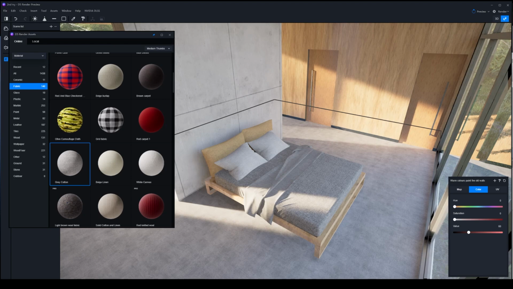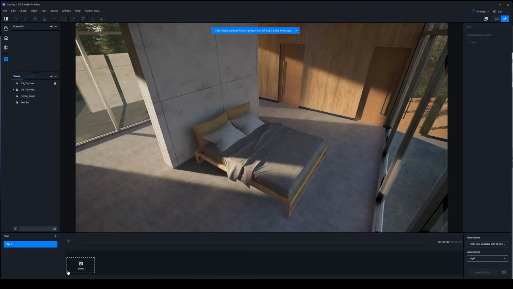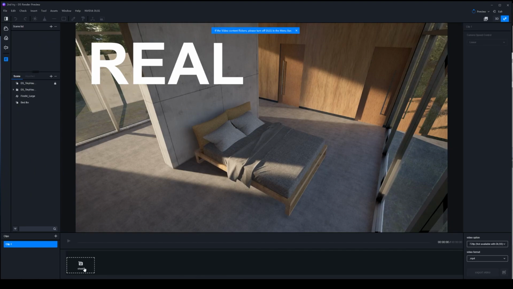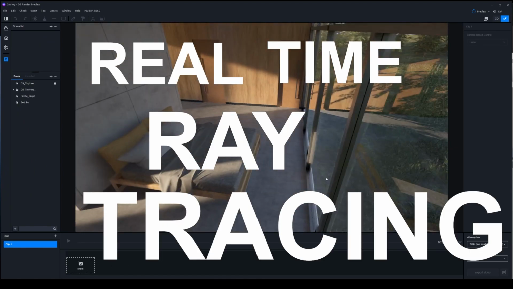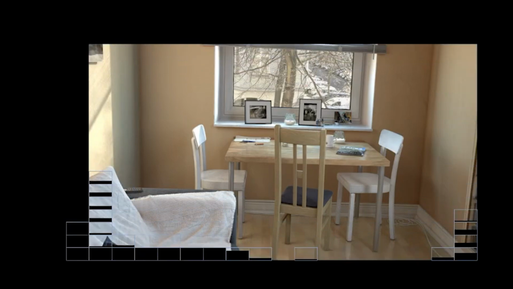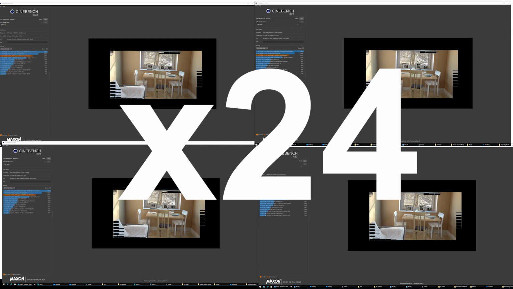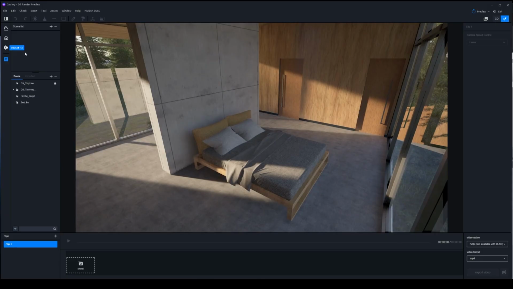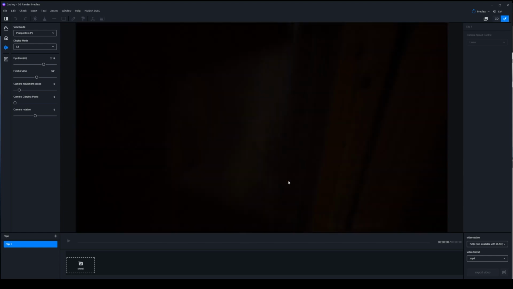To do so, we can come here to the render button, which gives us a few options ranging from still images to panoramas to videos. This is one of the benefits of real-time ray tracing. Before, when a single image took hours to render, a video would take even longer since we would need to render out at least 24 frames for each second of video. But since everything is real-time now, it's actually realistic to produce these